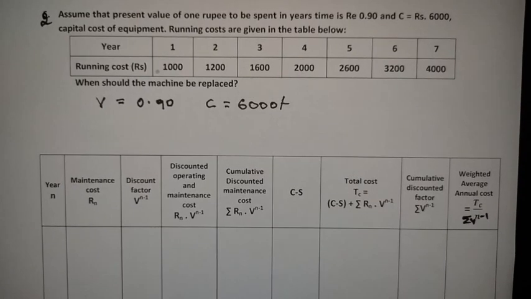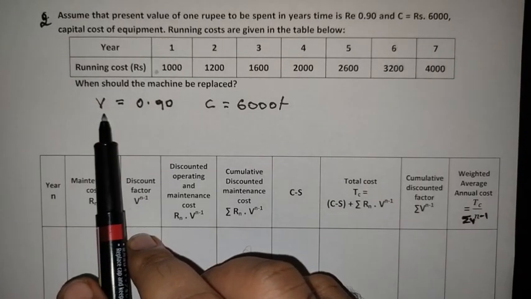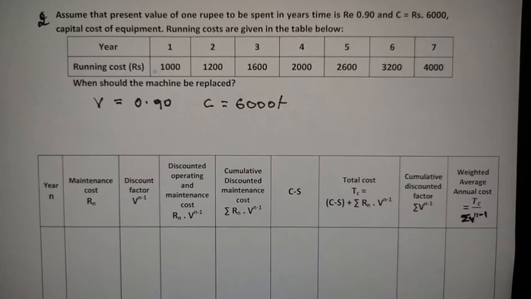So now let us calculate the same thing. Here the discount rate was given to us, so we need to follow the methodology of the second way. That's why we have considered this tabular column. Now let us calculate the values according to that.